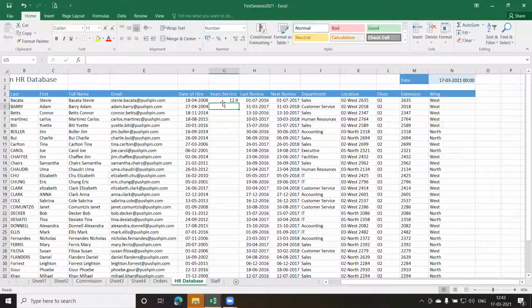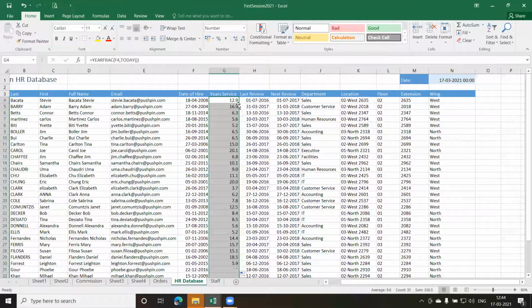Okay, thank you. Fine. So if you look at the answer which I got last time, I got 12.9. Again, I'm getting the same answer, but this time I've made use of the inbuilt function called YEARFRAC. And I can double click on this and I get the values for the others. So these are some few important functions which I wanted to show you here.